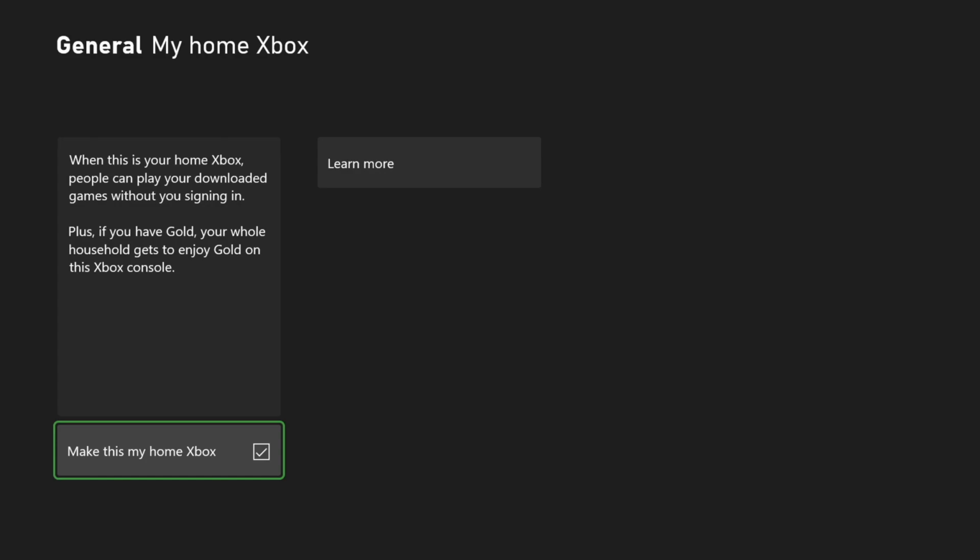If you want to play your digital games offline, you won't be able to do that anymore when you game share. Of course, all you need to do is on your account, set this, make this to My Home Xbox, set that back on, and then once you do that, you'll be able to play your games offline. If you are playing disc games, let's say your friend has the Series X, then they'll be able to play those disc games offline. Keep in mind, you can't share disc games, only digital games,